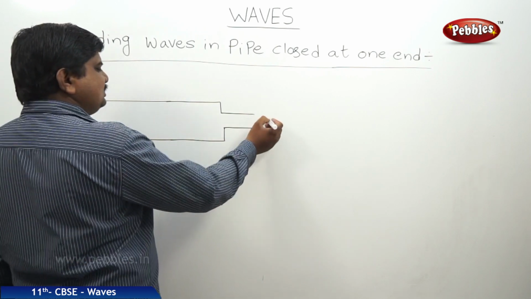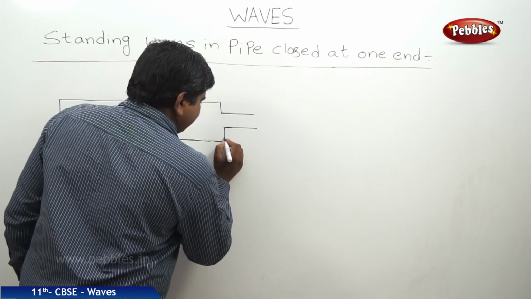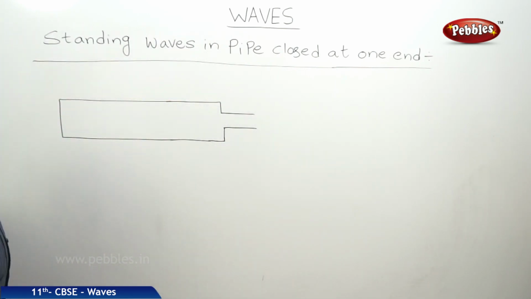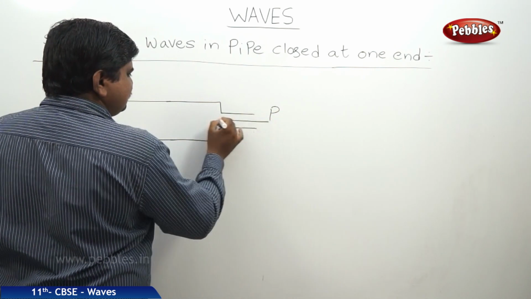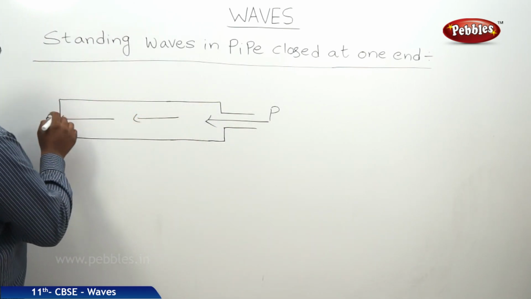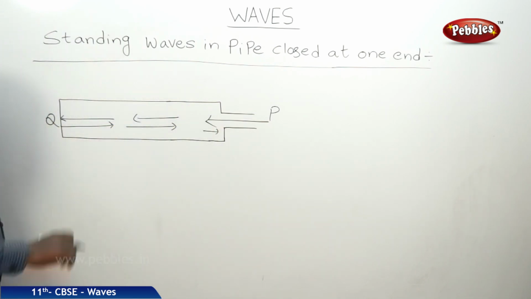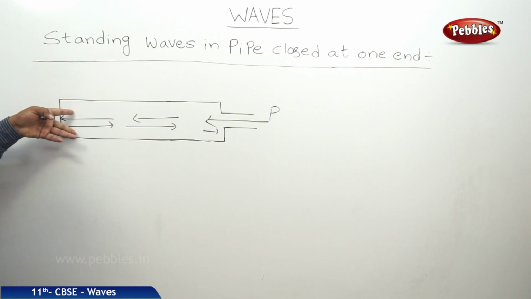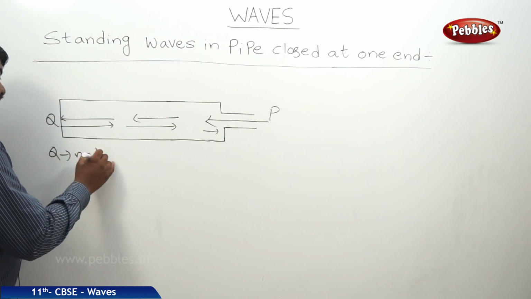Now if a sound wave is blown into this metal pipe or this organ pipe by varying the intensities, then at this point, let us say this is the point Q, this is the point P. Through P the sound waves are coming. It will travel, and at end Q it is reflected back. So here the incident wave and reflected wave are both overlapping on each other. That's why here the intensities are going to cancel. This amplitude will become 0. That's why at Q we can expect a node point.